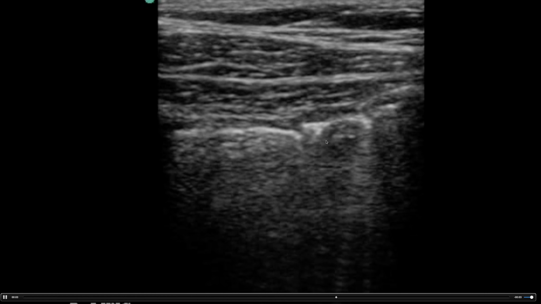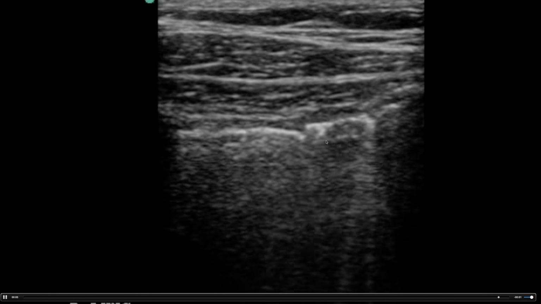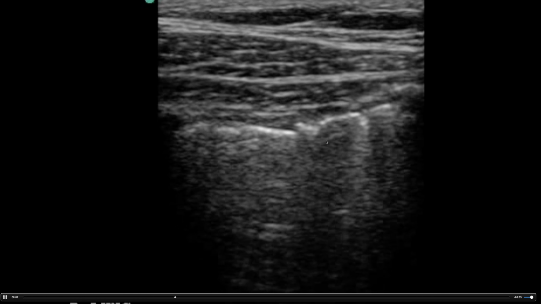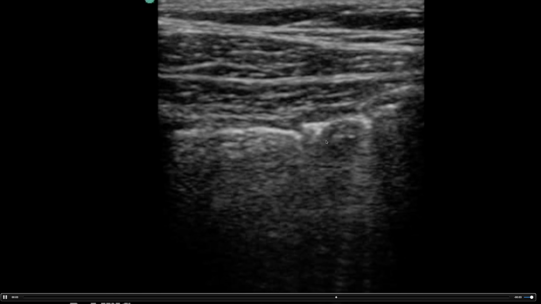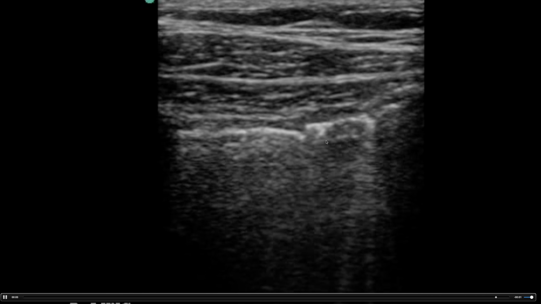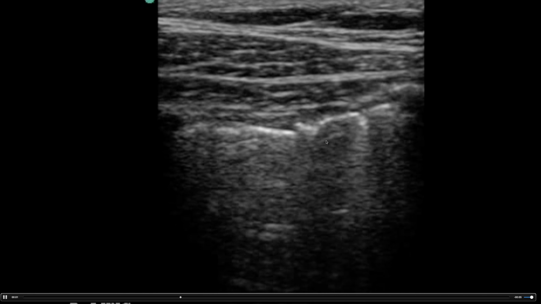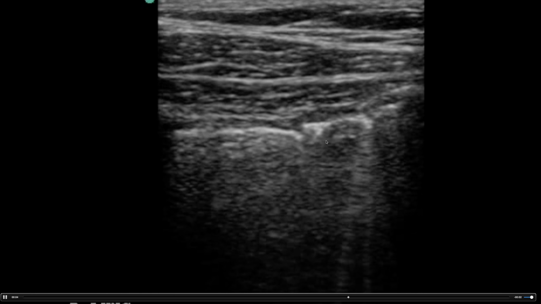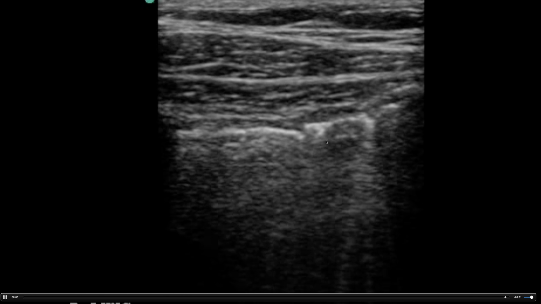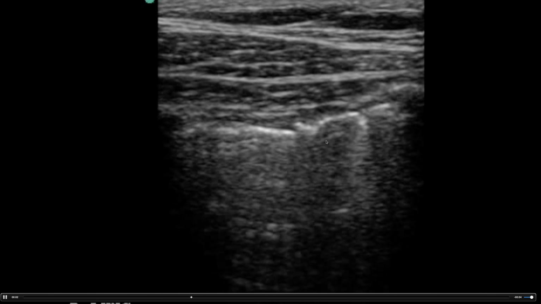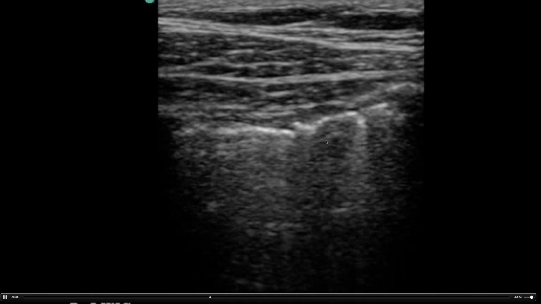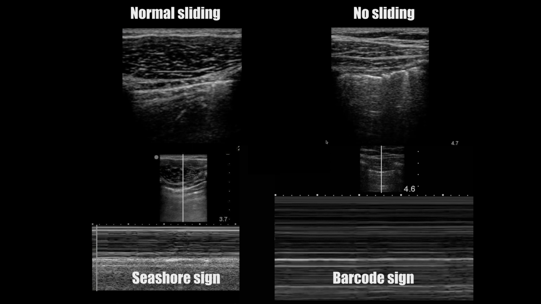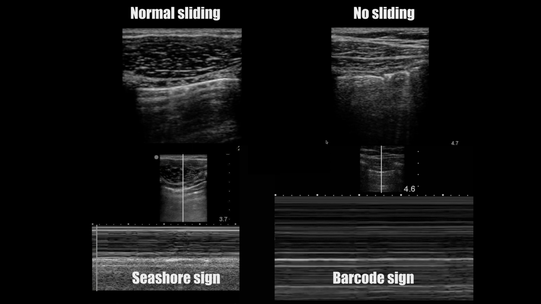What else causes no lung sliding other than a pneumothorax? Bunch of things, right? So atelectasis, that's really socked in, and pneumonia, that's really socked in, pleurodesis. A good amount of things cause lack of lung sliding. A big bleb on COPD as well. The only thing that's going to definitively call a